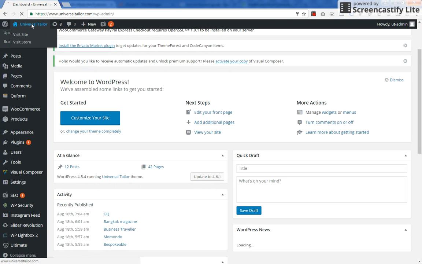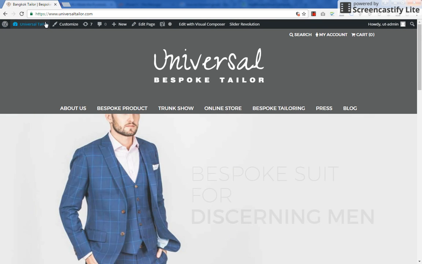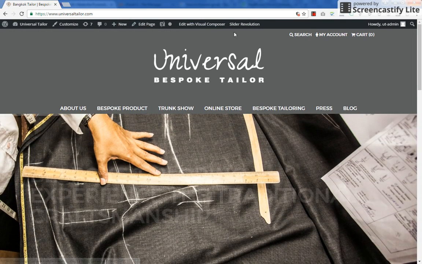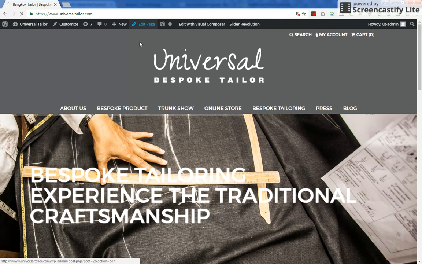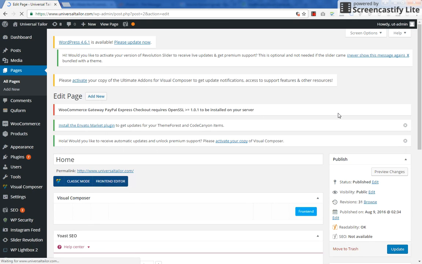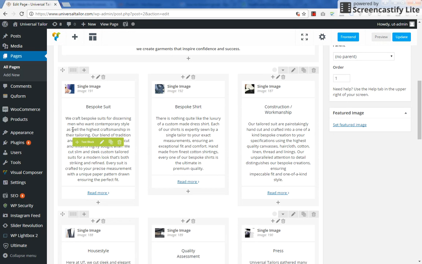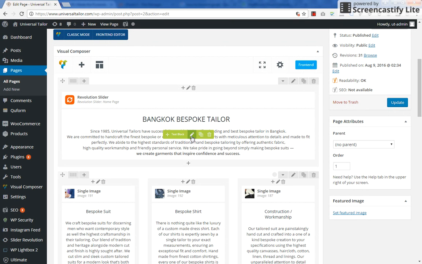To edit the homepage at the beginning, when you go to the homepage of universaltailor.com, you will see now after logging in a black banner on the top. It says edit page, edit with Visual Composer. Click on edit page. Now over here you will see a revolution slider, Bangkok bespoke product, pictures, the text, read more, all of that. To edit any of this, just click on the pencil